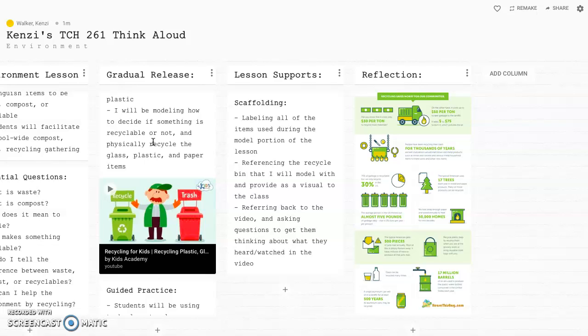If they can't seem to remember, I can always refer back to the video or ask them additional questions to hint them onto the right track. This is also on my screen under the scaffolding section. This will be a form of scaffolding that I use during the modeling portion. After that, I will then physically place each item inside of the recycling bin for the students to actually see in real life. This part of the lesson should take about 15 minutes before we switch gears into the guided